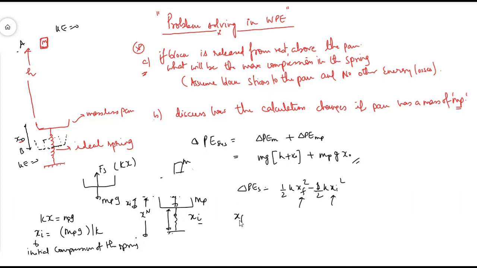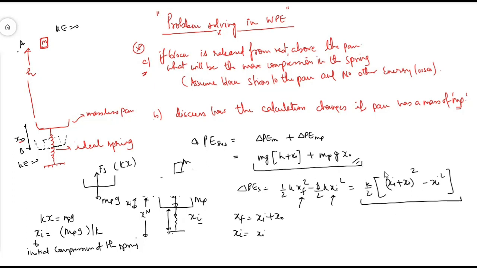So xf in this case is going to be the initial compression xi plus the further compression, which is x naught. So xf is xi plus x naught, and the initial compression is basically given as xi. So this equation changes to k by 2 times (xi plus x naught) square, the final compression, minus the initial compression squared. So this is the change in spring potential energy, and that has to be equal to the decrease in gravitational potential energy. So this is the increase in spring potential energy, and this is going to be the decrease in gravitational potential energy. So using